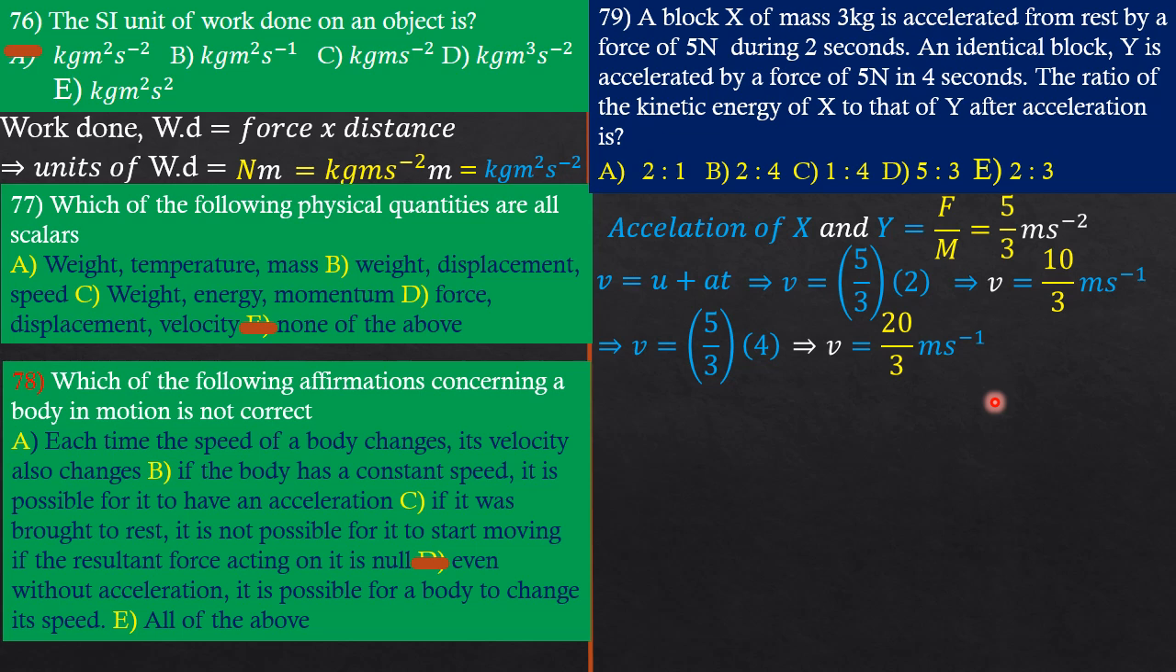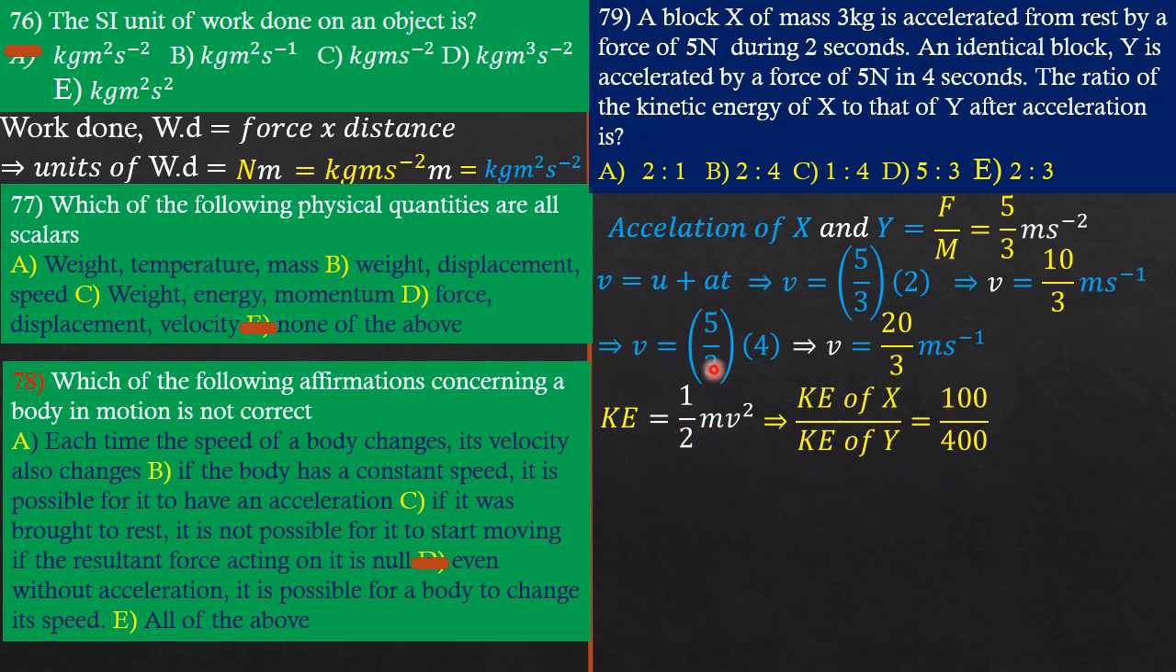All right. So guys, now that we have the velocities of the two blocks and we have their masses, we can go ahead now to compare their kinetic energies. We know that kinetic energy is given as 1/2 mv squared. Great. The question is asking us to get a ratio of the kinetic energy of X to that of Y. So we are going to get the kinetic energy of X over the kinetic energy of Y, which is simply equal to